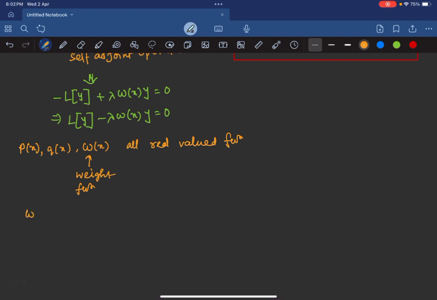we are always considering as greater than 0. This is one important property of this weight function. Omega(x) is always greater than 0. For usual practice, we take omega(x) equals 1. That we'll see through questions. Now